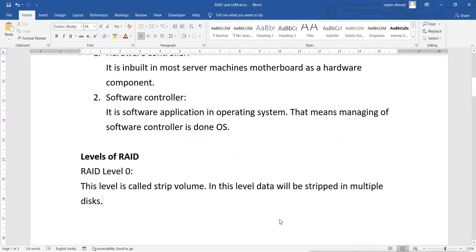So it will stripe the data into multiple disks.